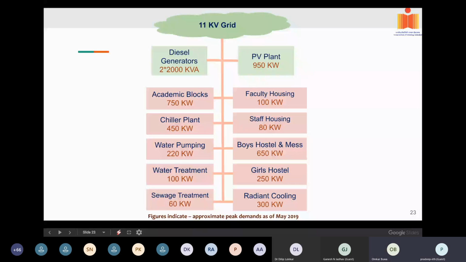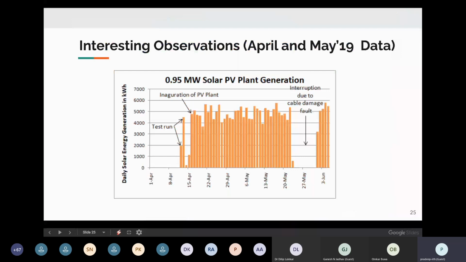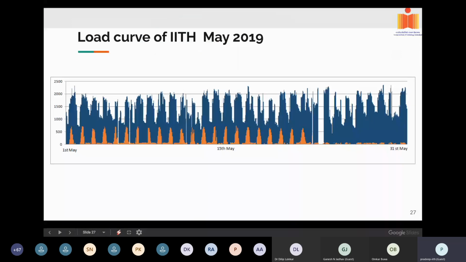Now, as I mentioned, most of the time our demand is more than the supply. So whatever we generate is locally consumed, and we are not sending any reverse power to the grid. There is a net meter, everything is there, but we are not on the net because it's a residential campus. So there is no reverse power, so no revenue generation. But we are making a lot of saving in our electricity bill because whatever 10% of energy we are locally generating is like free of cost. So we are saving on the electricity bill.